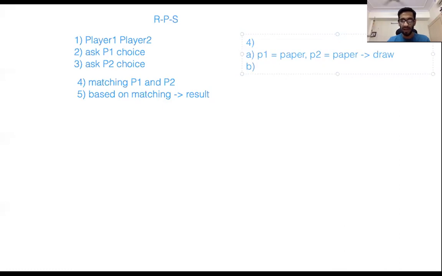Okay, next scenario. P1 chose rock and P2 also chose rock, and again, this is also a draw. Similarly, in statement A, both have chosen paper. Statement B, both have chosen rock. Statement C, you can think about the scenario where both have chosen scissors. If both have scissors, then also it's a draw. So first I have defined three conditions under which I'll end up in a draw